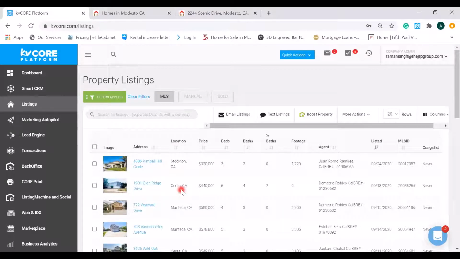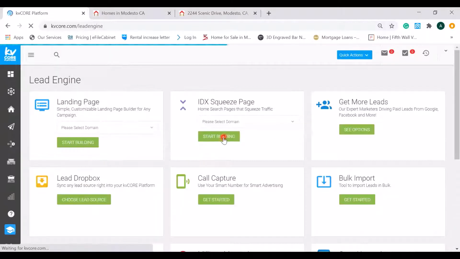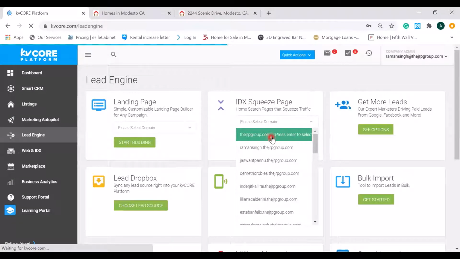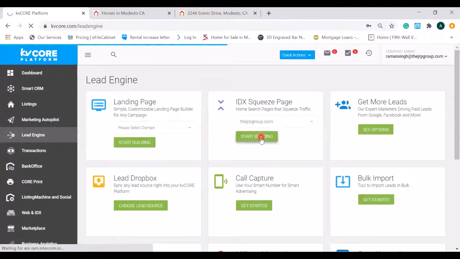For example, I want to use 1901 Glenridge. I'm going to copy the MLS ID. Now go to Lead Engine again, IDX squeeze page, select our domain, start building,